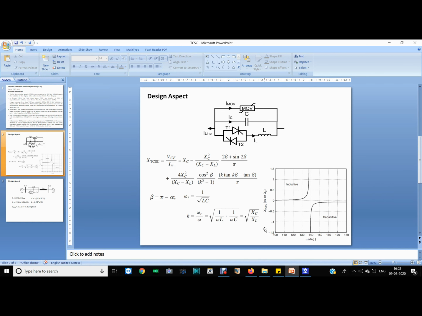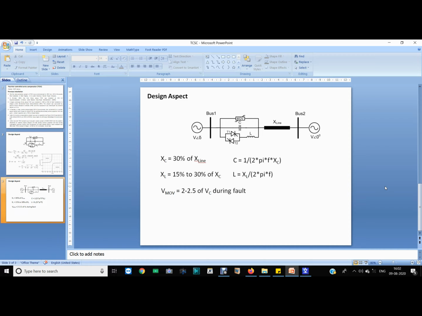So we need to take, say, 90 degree to 130 degree for inductive operation, and 145 or 150 degree to 180 degree for capacitive operation. Okay, now